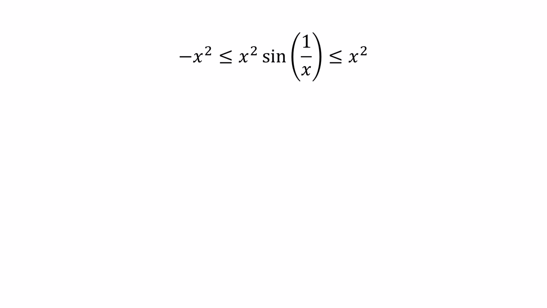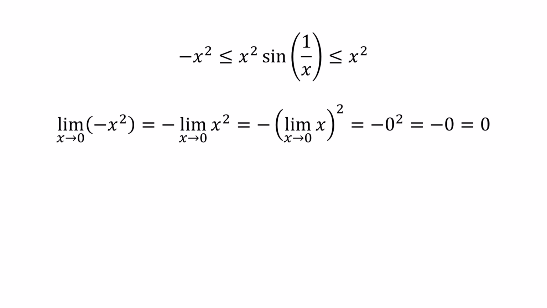We now compute the limit as x approaches 0 of -x² equals minus the limit as x approaches 0 of x² equals -1 times the limit as x approaches 0 of x² equals -0² equals -0 equals 0, and